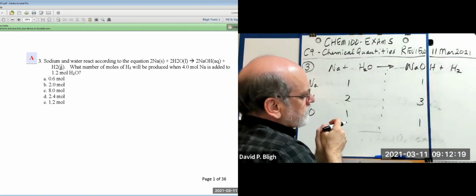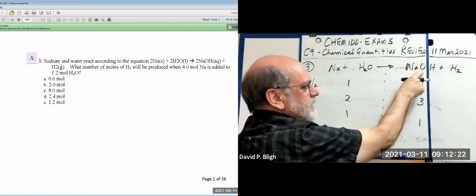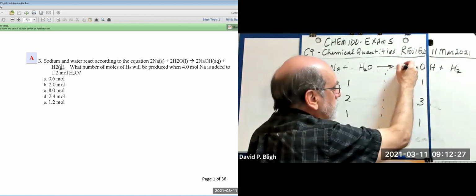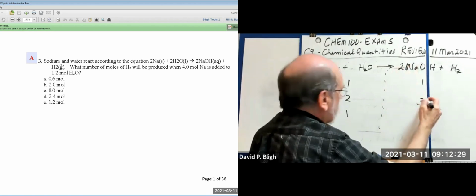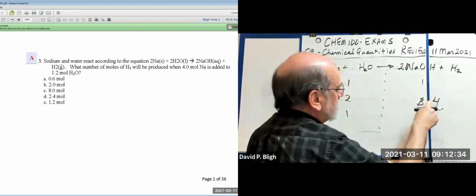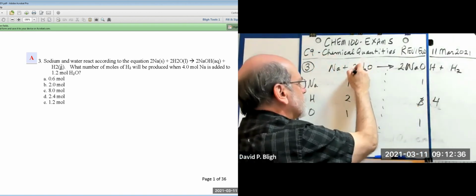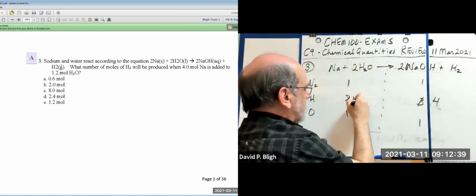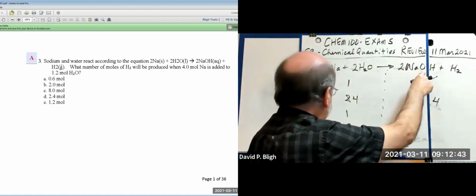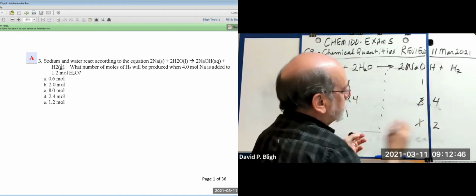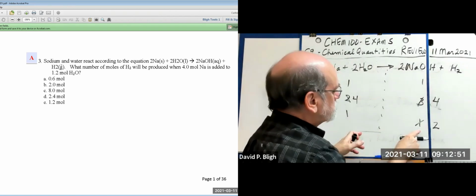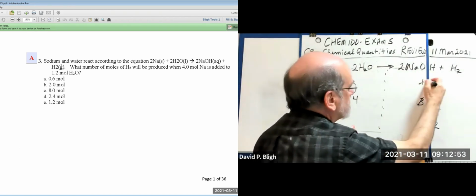So if we were to say 2 in front of this, that would make it even now. It'd be 4. Right? So now we have 4 hydrogens, 2 and 2. And if we make 4 hydrogens over here, it's 2 like that. But now we have to balance the rest of it. So we have 2 oxygens, 2 sodiums,